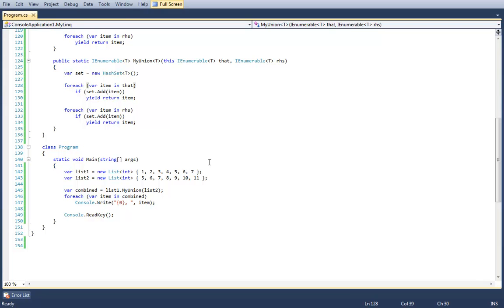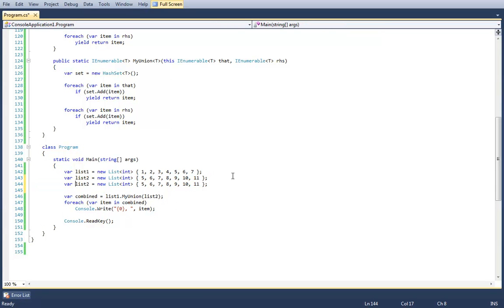Segful did bring up something ages ago while the recording was stopped, which was what happens if you want to do multiple concatenations or unions, i.e. passing in a left-hand side, a middle, and a right-hand side. You just do it over and over and over again.